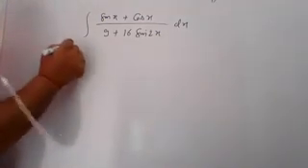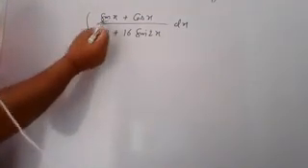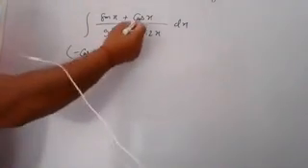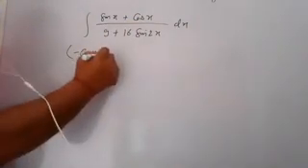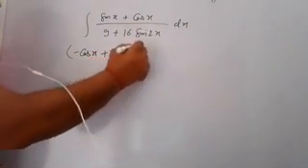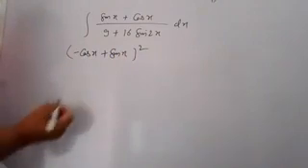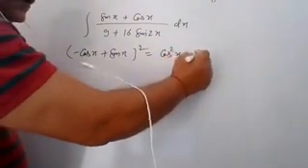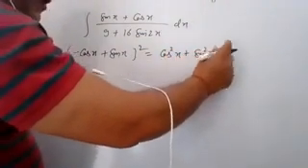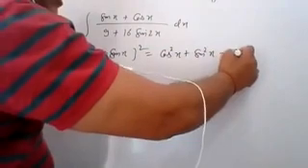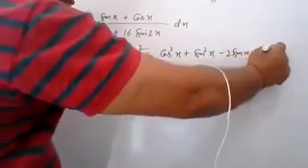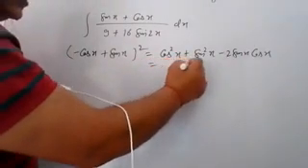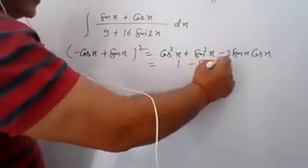Now in the solution, here you write integration of sin x is what? Minus cos x. So write here minus cos x. Integration of cos x is sin x. So write here sin x, and taking the square of that, you have cos square x plus sin square x minus 2 sin x cos x. 2 sin x cos x is equal to sin 2x. So right here, you have 1 minus sin 2x.